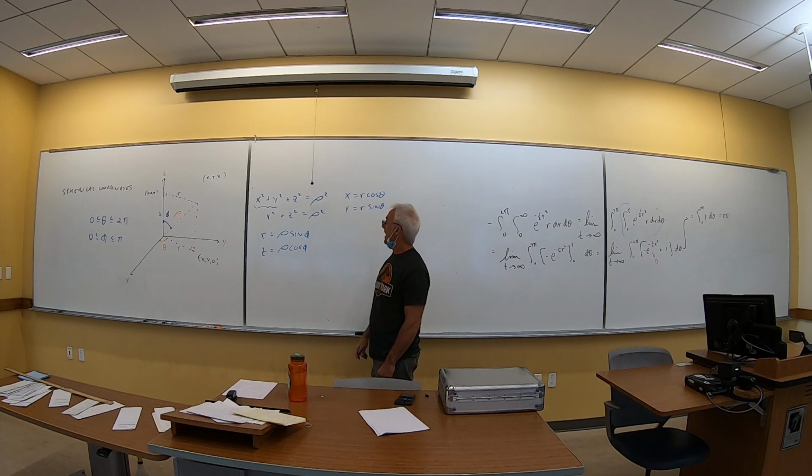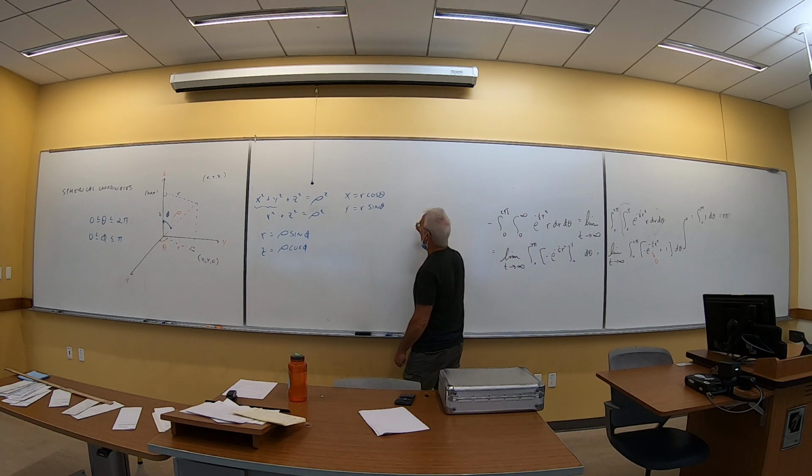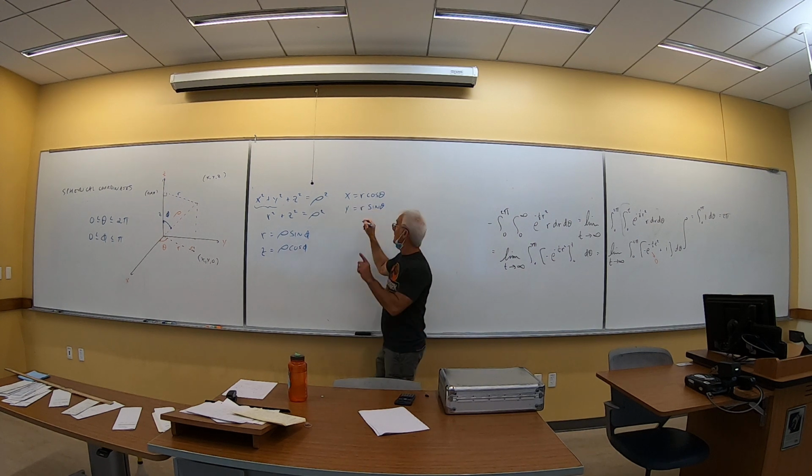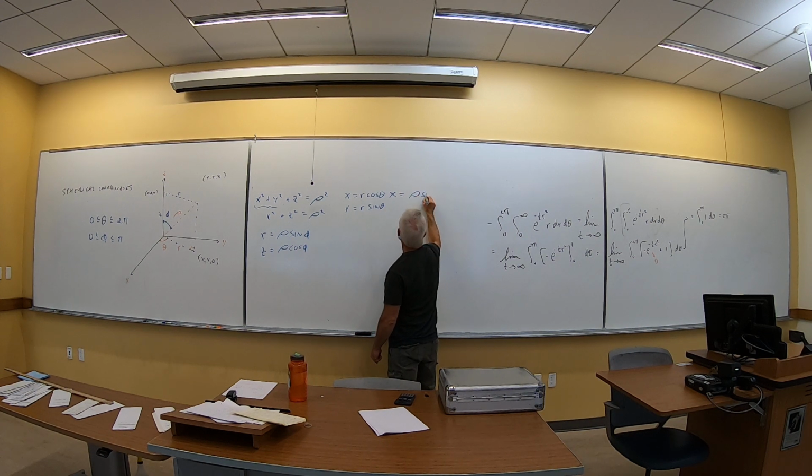So far, so good? I want to use this to be able to rewrite this. Oh, if r equals rho sine phi, then replace that r and that r, and then what does this become? I'll just write it again. x equals rho sine phi cos theta, and then y would equal rho